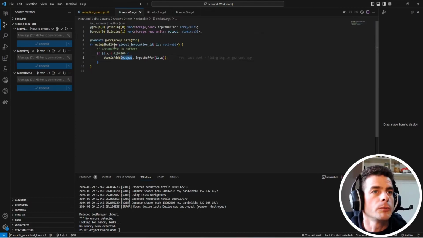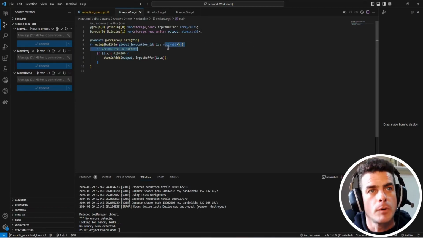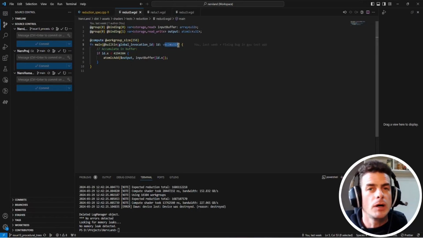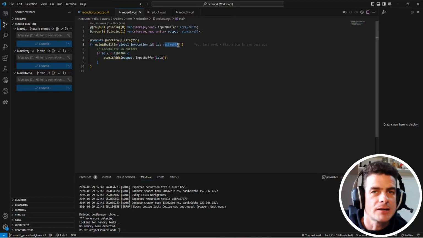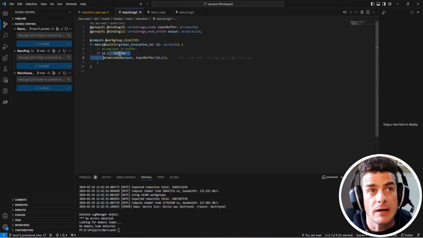here. And what we do next is we are provided with the global invocation ID. Of course, it's a vec3 normally, so you have the X, Y, and Z components. But then depending on how you set up your compute grid, you may, like we're doing in this case, only consider that we have values on the x-axis, and y and z are both set to 1, or I mean the size is 1. So yeah, we're just checking if the ID is still inside the bounds of the input